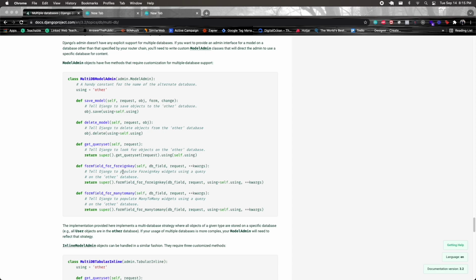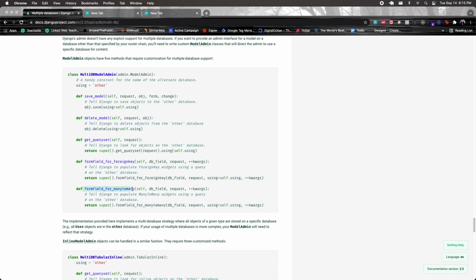And then anytime you just need to populate a foreign key widget, then you would just use the correct database. So again, users or listings in our case. And then finally, we have this form field for many-to-many. And then this will tell Django to populate many-to-many widgets using a query on the users or listings database in